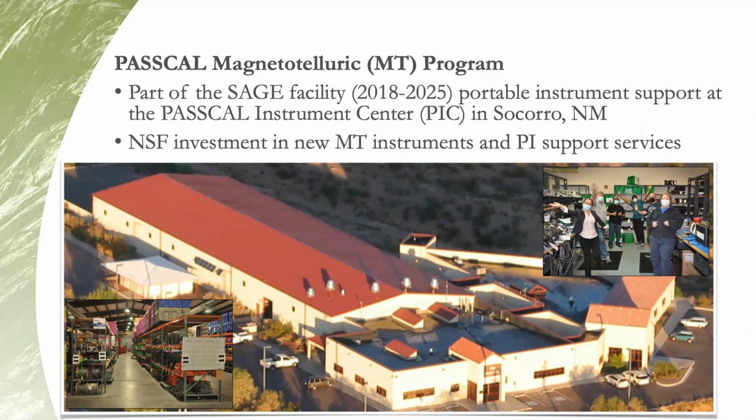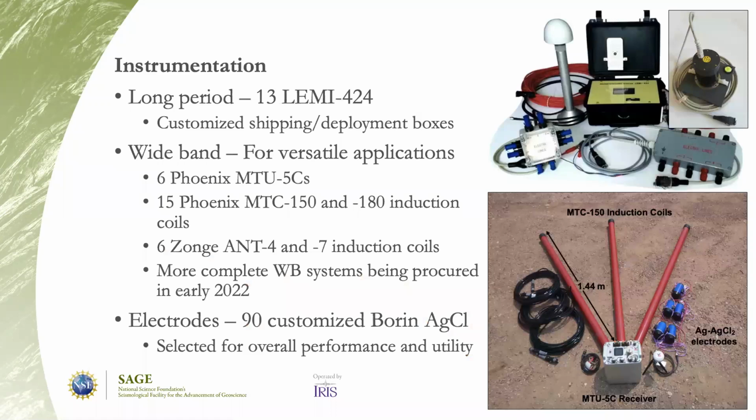This presentation focuses on one of the new activities supported through SAGE, adding magnetotelluric, or MT, instruments to the PIC's pool and developing customized resources and support services for the PIs who use them. The PASSCAL MT instrument pool is small but growing. It includes 13 new long-period LEMI 424 MT systems, which are low power and operate an easy to deploy 3-component